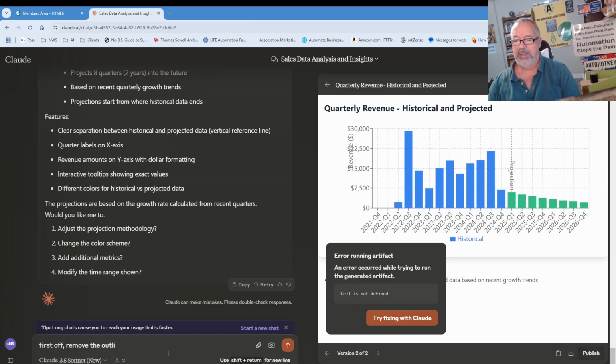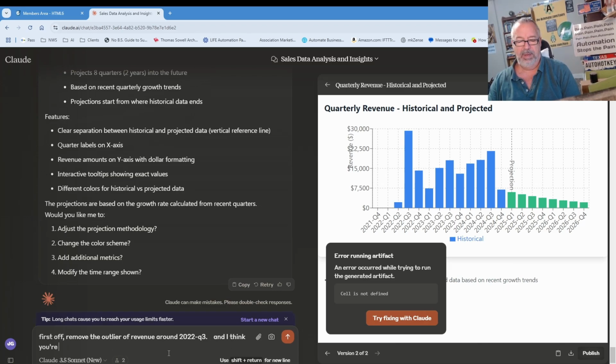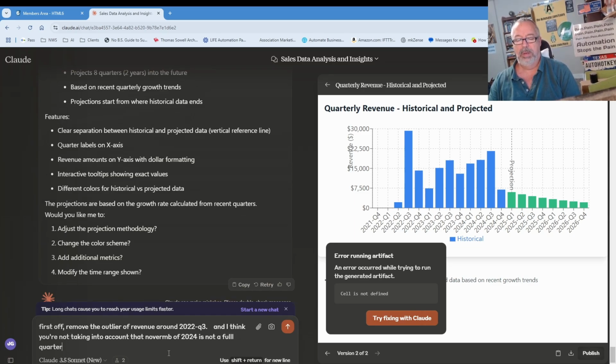So, first off, remove the outlier of revenue around 2022. Probably because I switched to quarters. Quarter 3, 22 Q3. And you're not taking into account that November. I know I misspelled it. 124 is not a full quarter. Thus, your projections